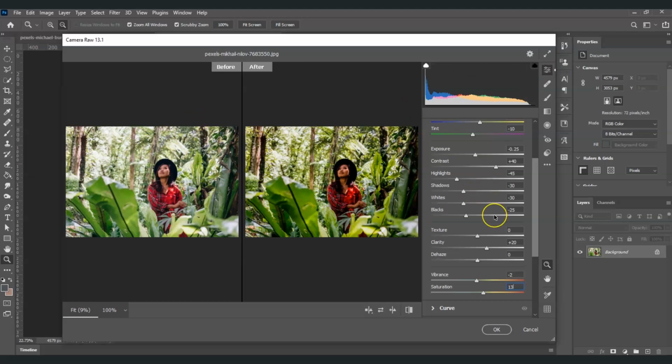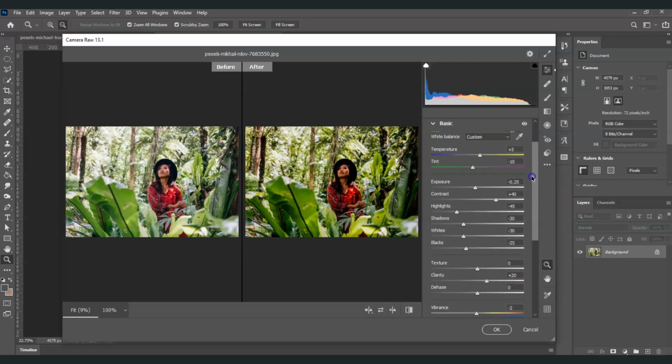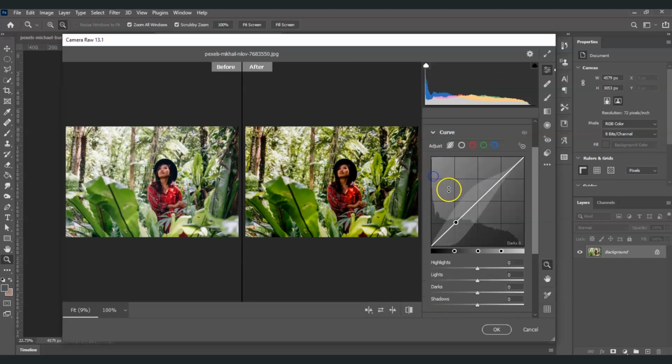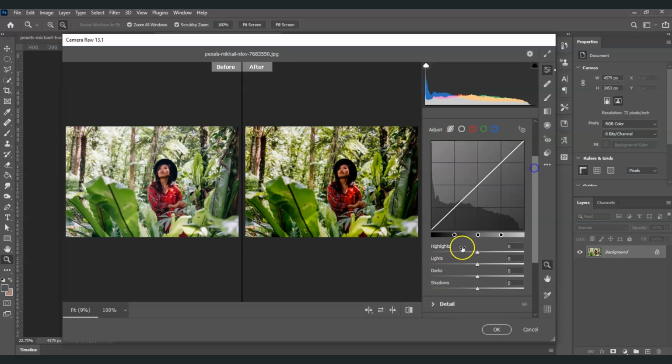All right, going back, the next step here. Now, once we're done with the basics, I'm going to hide this one. Now let's go to curves under basic. So all you have to do is click this arrow under curves. Okay, so in this part for the highlights, I'm going to set the highlights to